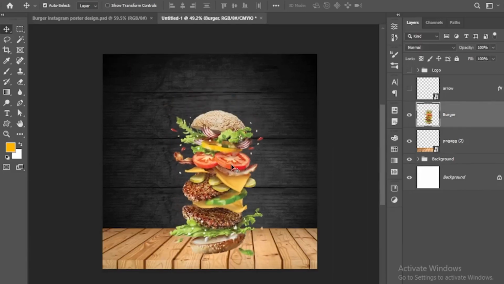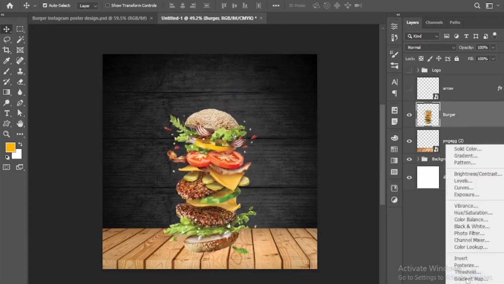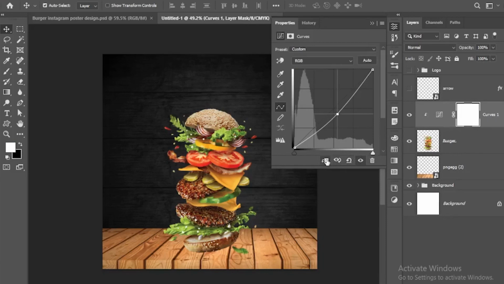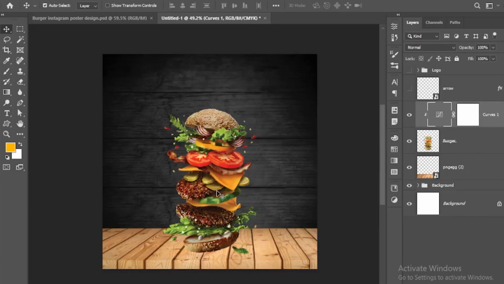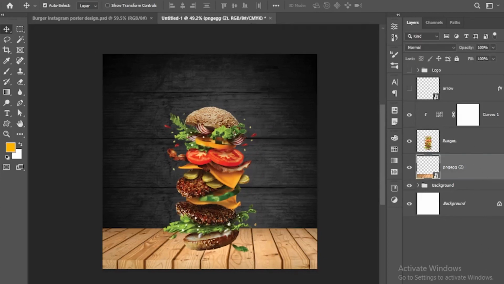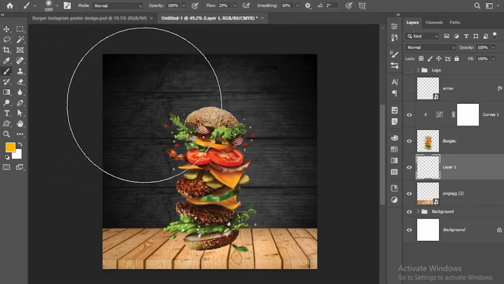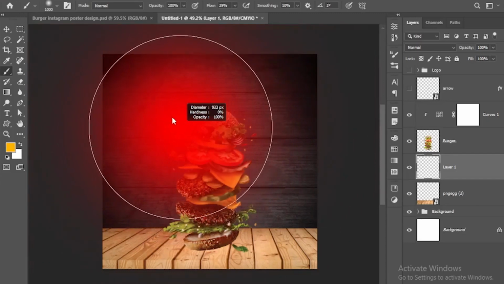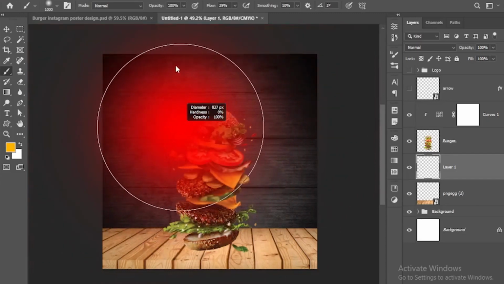Now first, I will add a curves adjustment layer to match this burger to this background and clip this curve layer to this image. Then we have to create the shadow of this burger. So under the burger layer, create a new layer. Take the brush tool and hold Alt and right click and drag up to decrease the hardness and right to increase the size. Increase the size